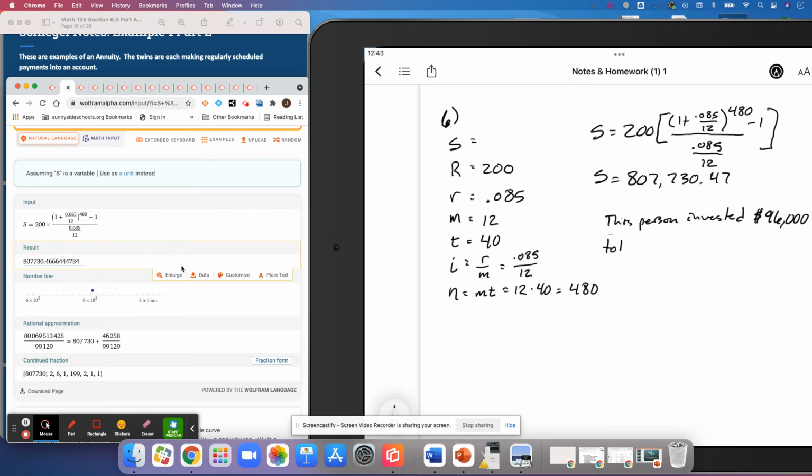Total, and ended up with $807,730.47. They gained about, I'm just going to say about here, I'm not going to do the actual subtraction, so they gained roughly $710,000